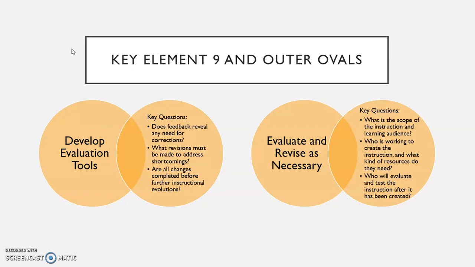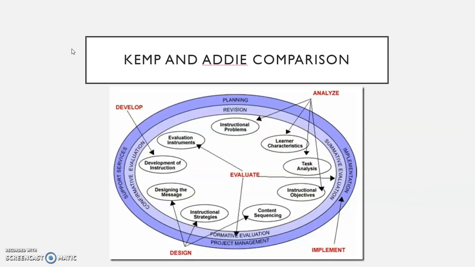Planning and implementation are broader areas that often require the assistance of a project manager or support services depending upon the scope of the project. Here is a Kemp comparison to the ADDIE model. You can see that the model, because it's circular, doesn't have specific steps, which kind of leads me into